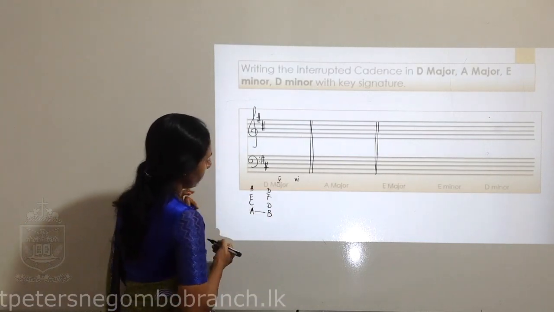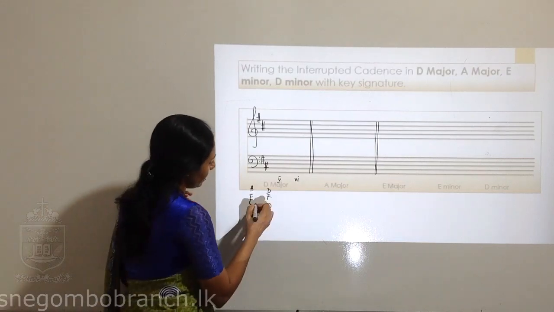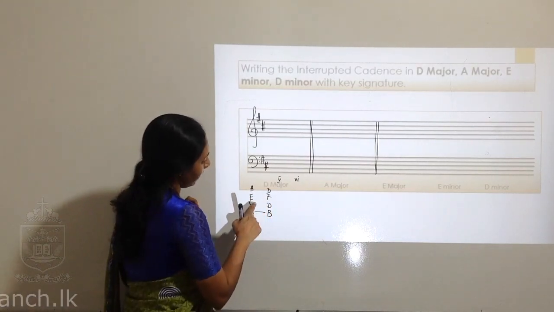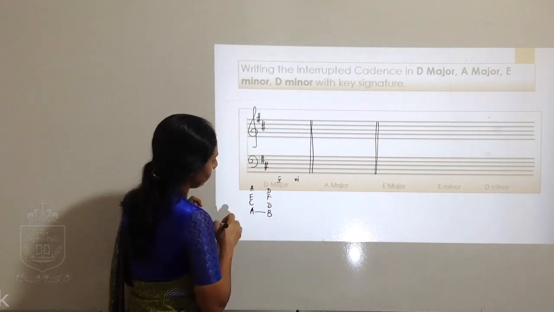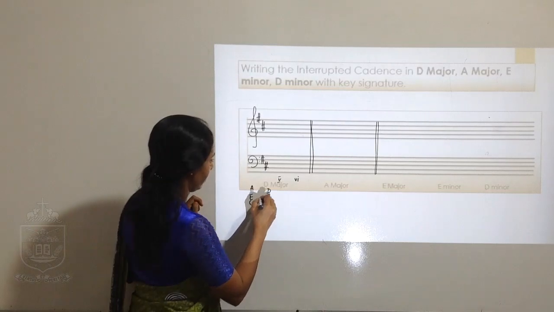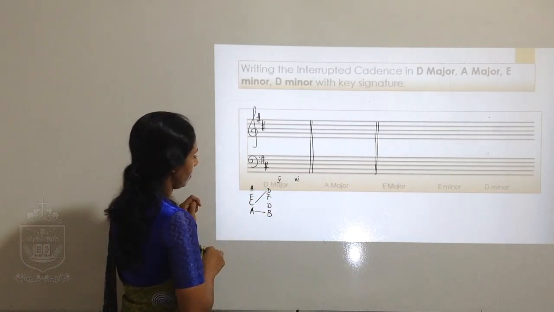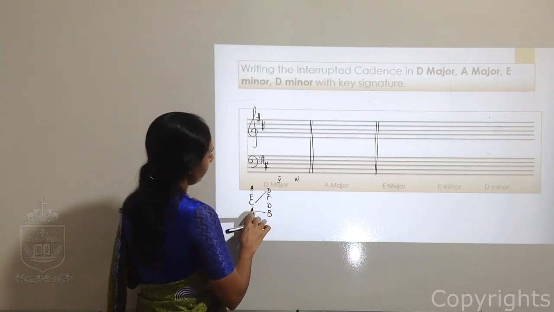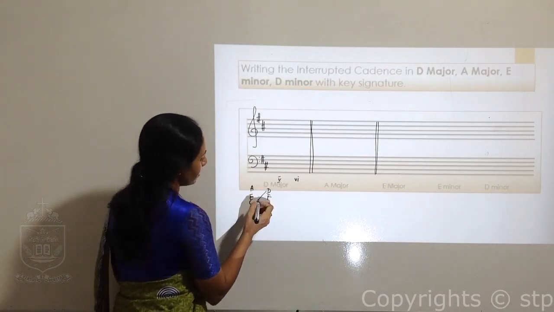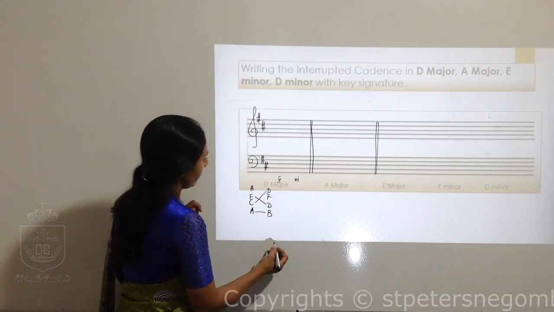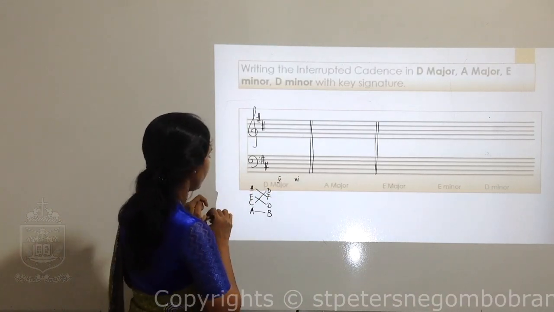So we'll follow the tips. Put down the bass notes. Leading note raised to the tonic. This is in chord 5. Leading note is C sharp, so C sharp goes to D. In chord 5, the 5th note comes to the 3rd note in chord 6, and the other balance notes.